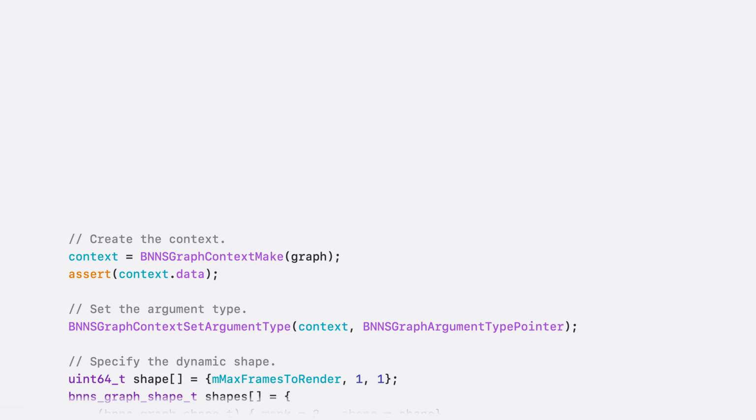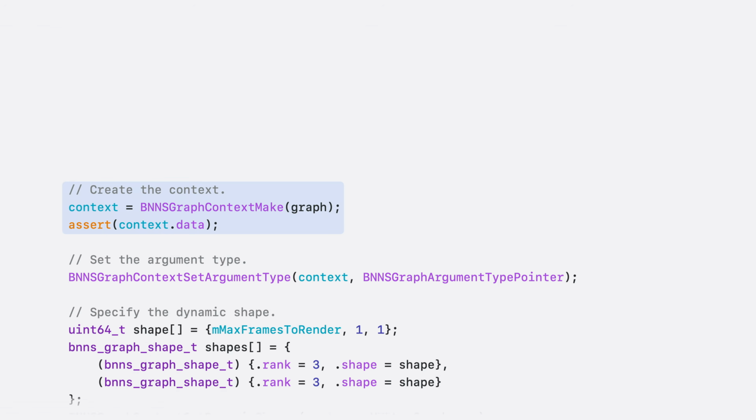Now that we have the graph, which is immutable, the context make function wraps the graph in a context, which is mutable. BNNS graph requires a mutable context to support dynamic shapes and certain other execution options. The context also allows you to set callback functions so that you can manage output and workspace memory yourself.